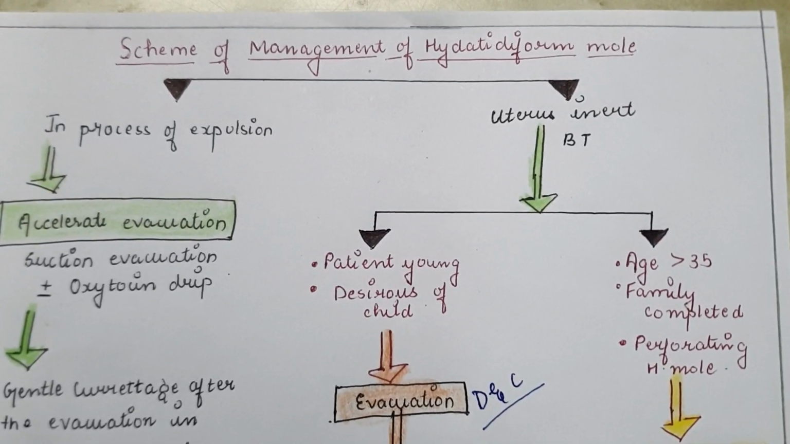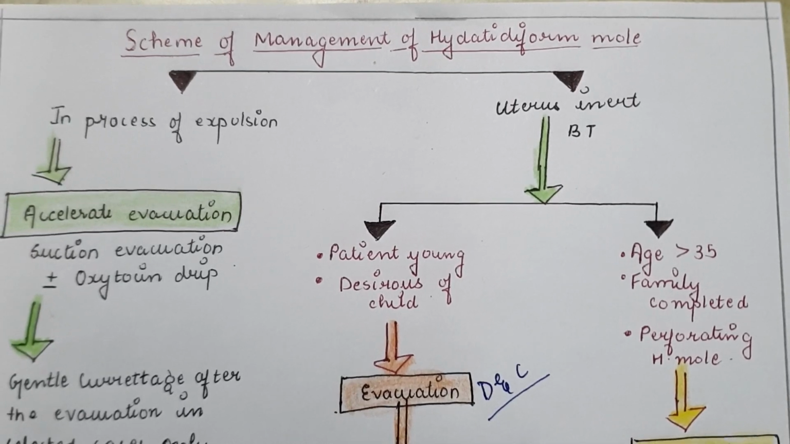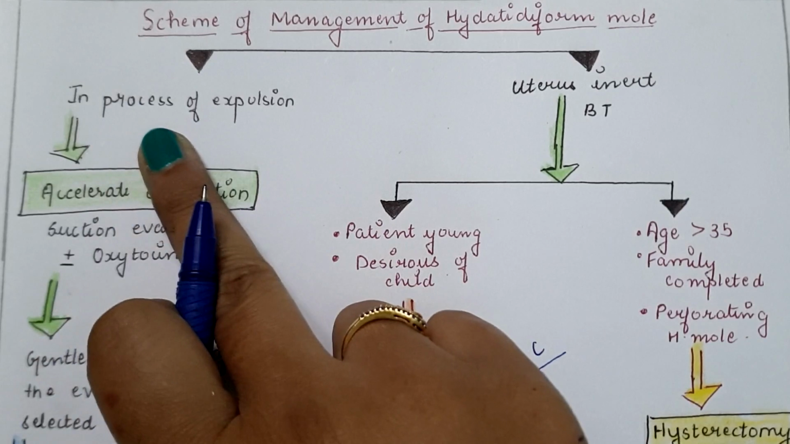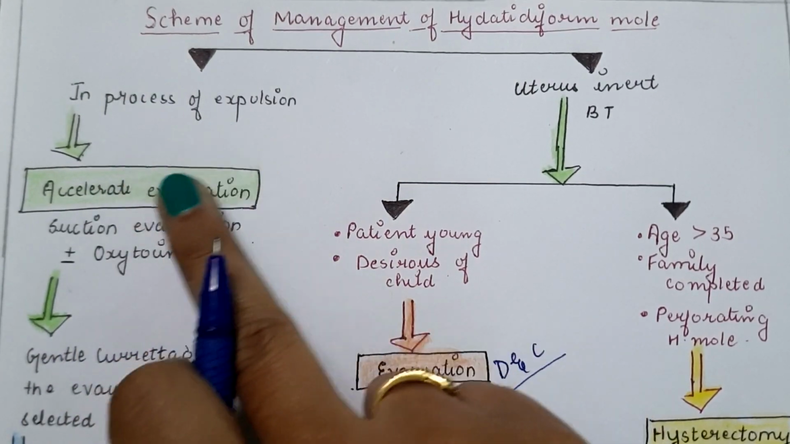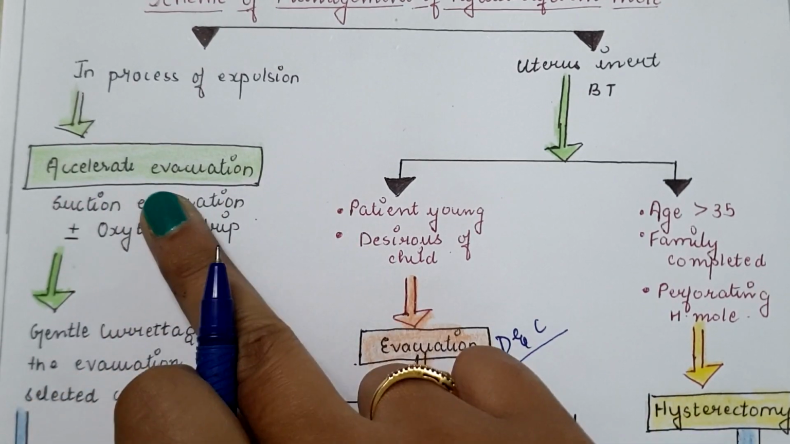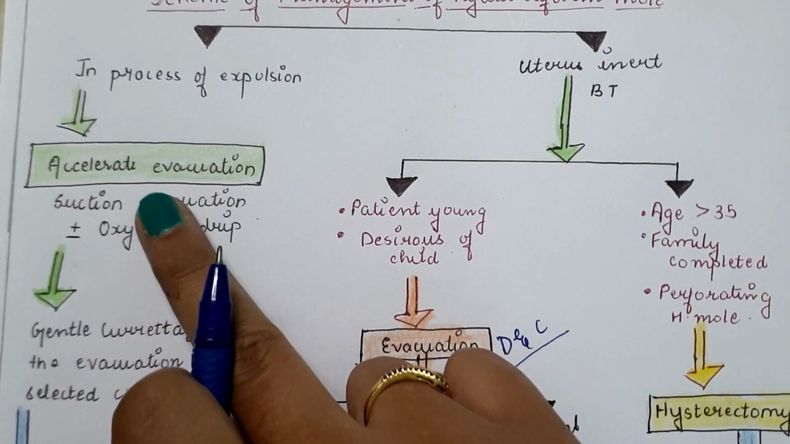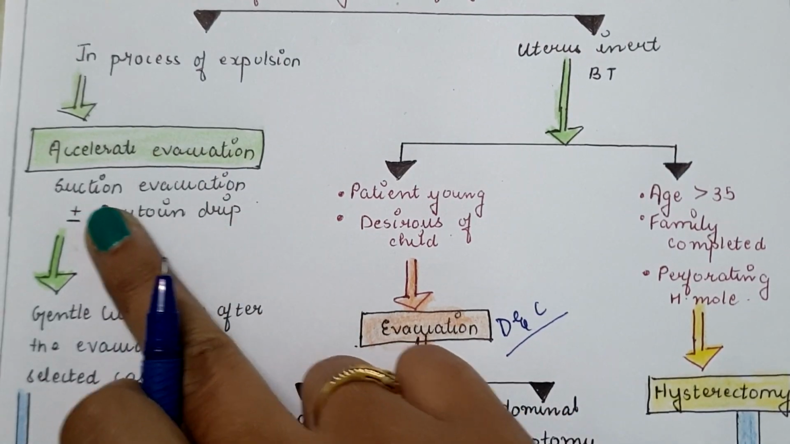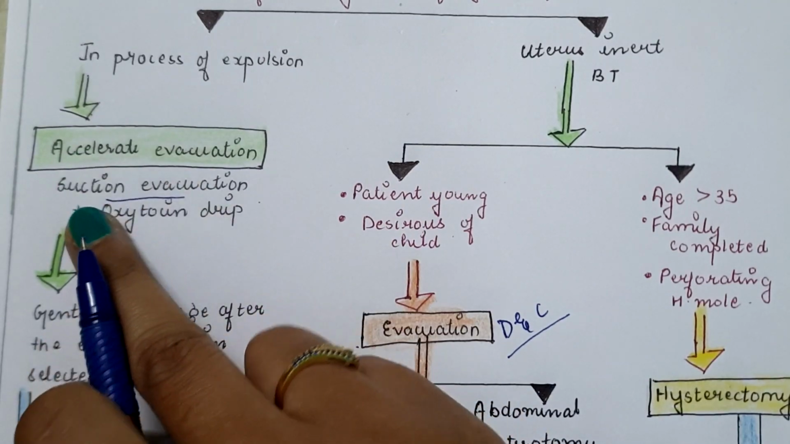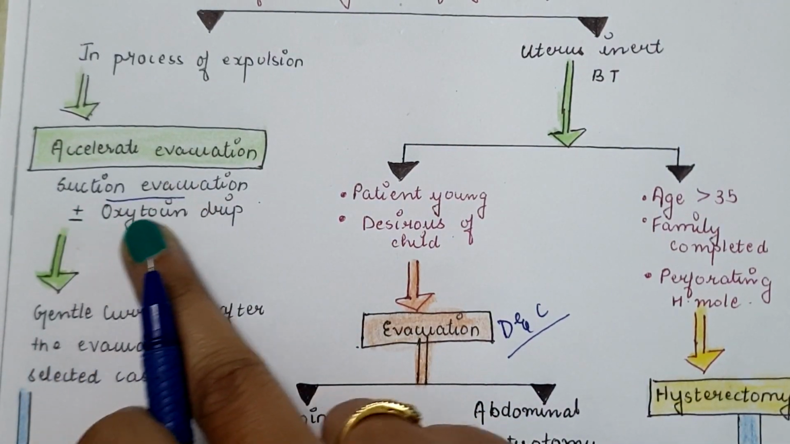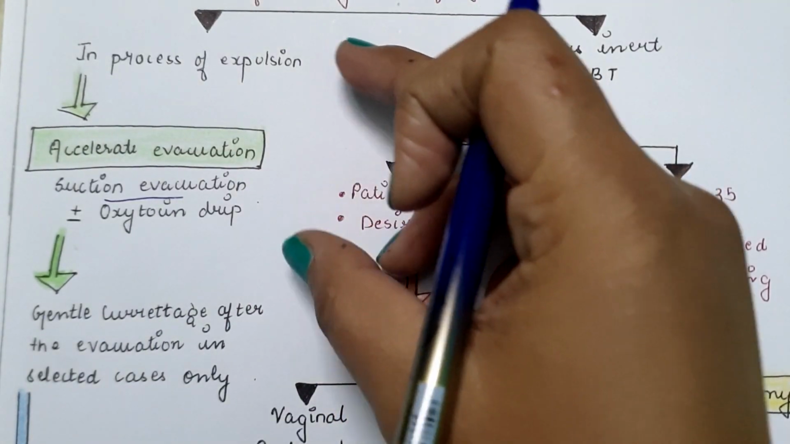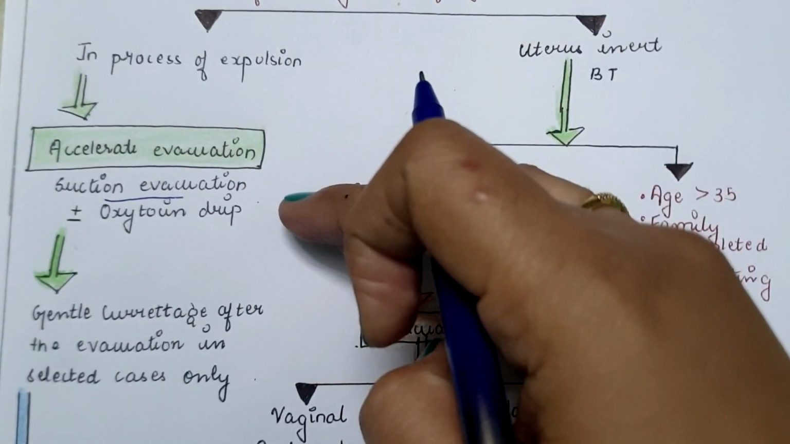At last, there is the scheme of management of hydatidiform mole. There are two cases. First one is in process of expulsion, meaning the process of expulsion of the mole has already started. In that case, that process should be accelerated, meaning increase the process of expulsion. Suction evacuation should be done. What is suction evacuation? Suction evacuation is also known as vacuum evacuation or vacuum aspiration, meaning in this case firstly dilatation of the cervix should be done and then the vacuum is used to remove the